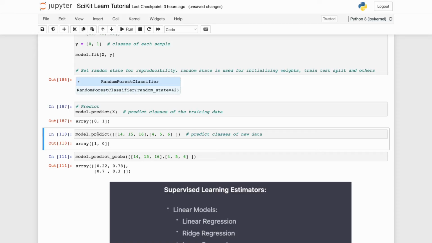Now let's say I can also do model.predict for new values. Let's say I have an observation which is 14 15 16, 4 5 6. Okay, for the new data. That's the whole point of doing the prediction. When I did the prediction, it's coming: the first, 14 15 16, is classified as class 1, and 4 5 6 is classified as class